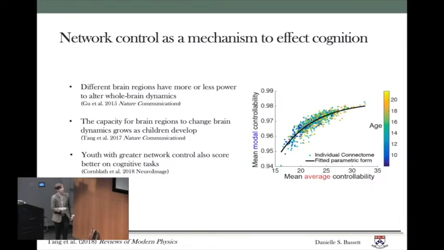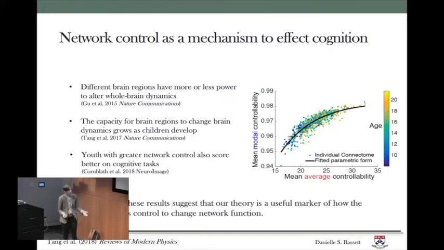is a study where we demonstrate that individual differences in these control metrics can explain individual differences on the performance of cognitive control tasks, and specifically on measures of impulsivity. So a human that has more impulsivity than normal has a decrement in control from the white matter structure. So together, these results suggest that the theory is a useful marker of how the brain enacts control to change